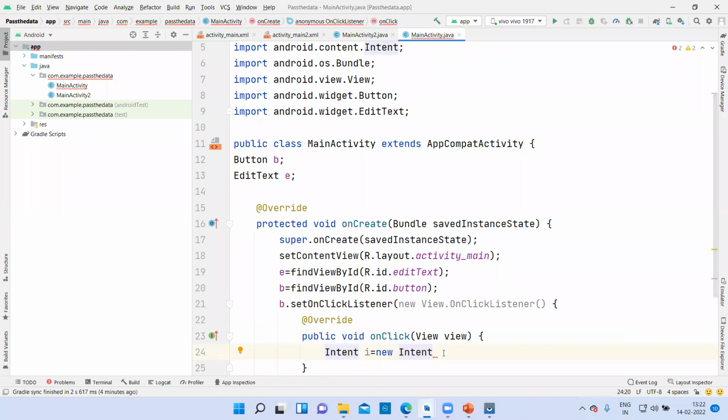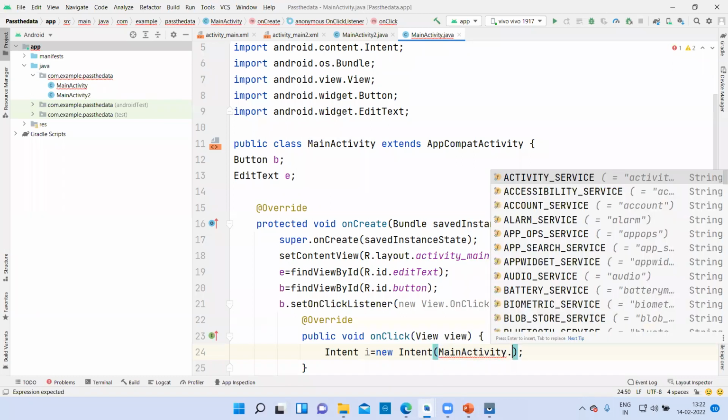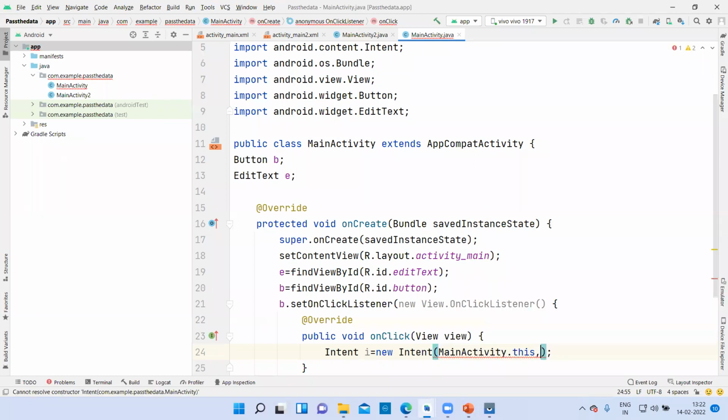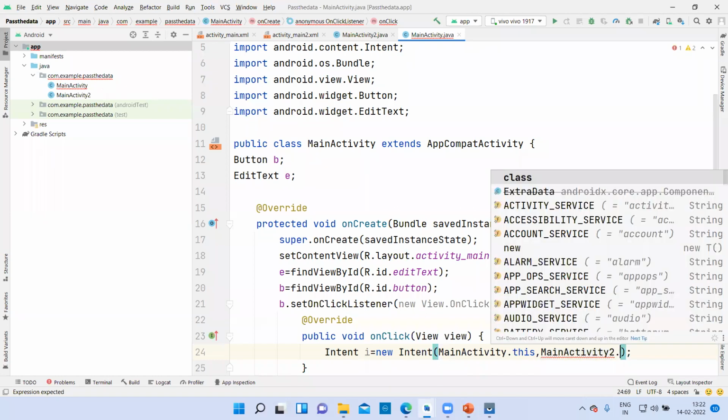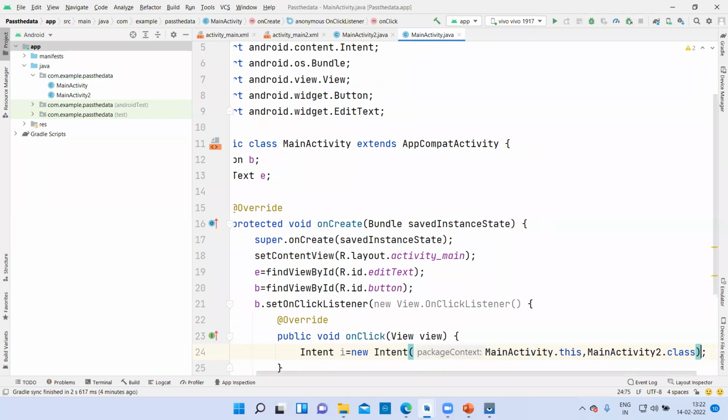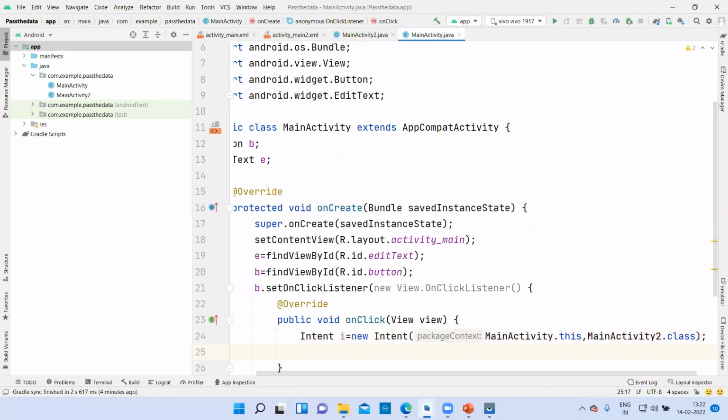Then you will write MainActivity.this, MainActivity2.class. So you will move from the current activity to the second activity, and you will say i.putExtra.